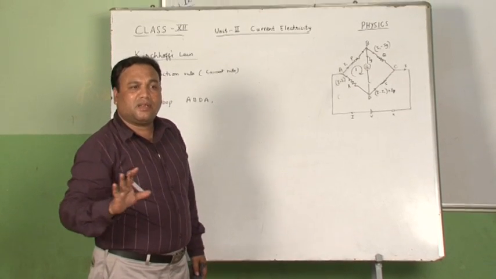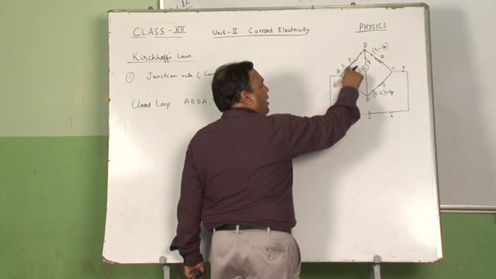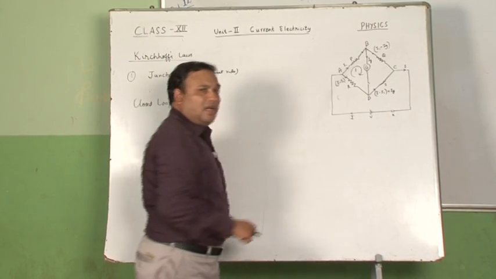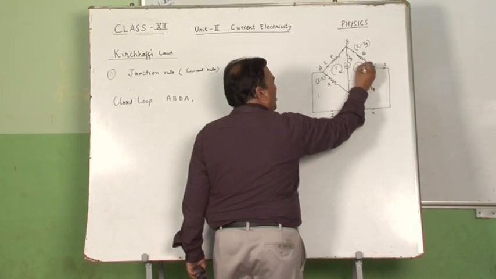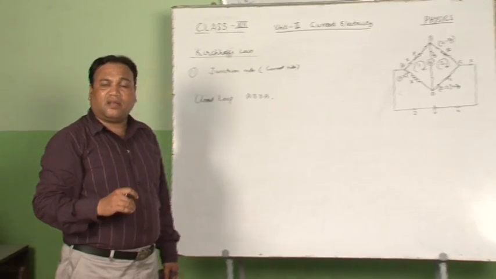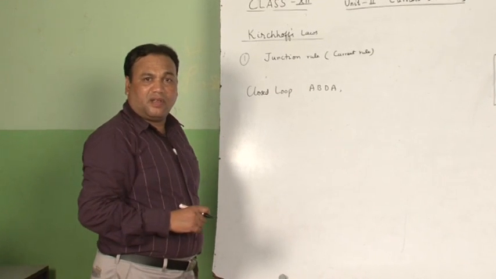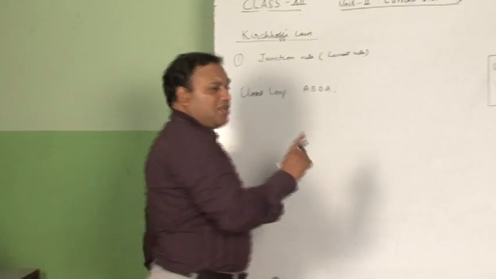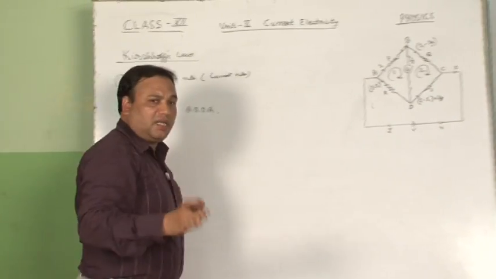For the sake of simplicity, I have taken the direction of the loop along the direction of current. So current is in clockwise direction. Similarly, in this loop also we can select, this is the loop number 2. So what does the second law given by Kirchhoff say? According to this second law of Kirchhoff, which is dealing with the voltages, it says that if you traverse in the direction of current,